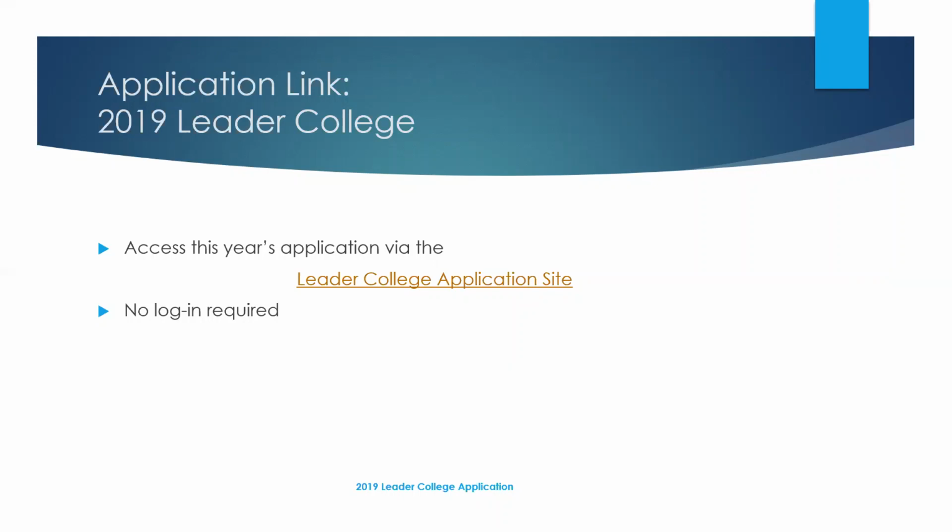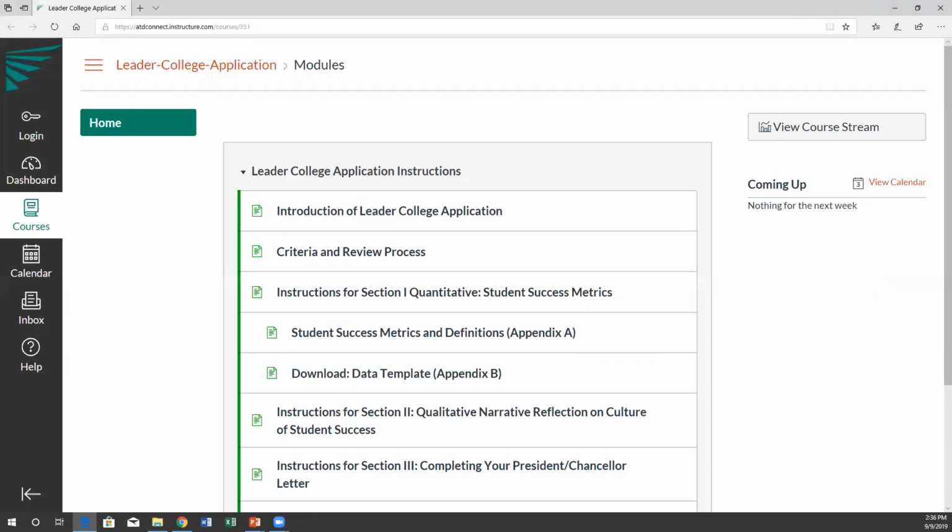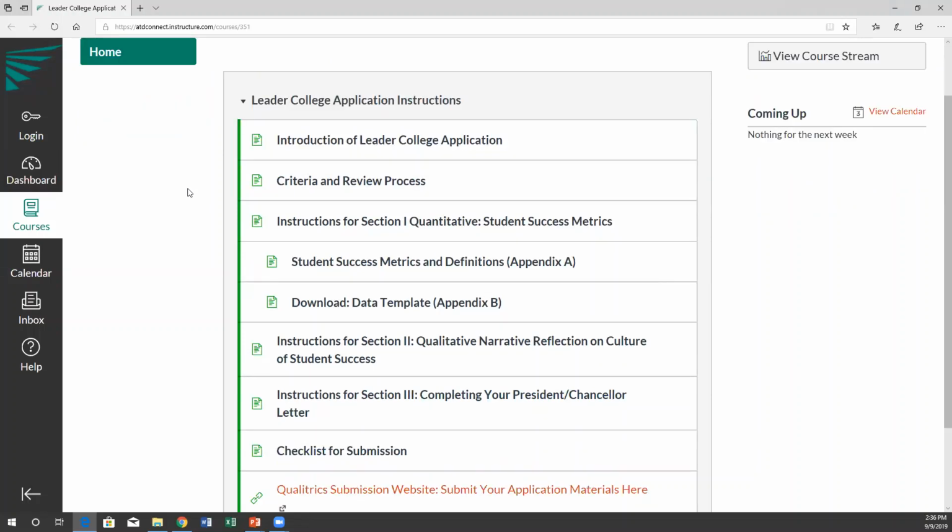We will now guide you through the process by clicking on the Leader College application site link. When you click on the link, you will be taken to the home page that has active links to sections of the application, and you may begin with the introduction page.